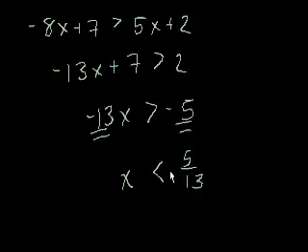When you multiply or divide both sides of this equation by a negative number, you swap the inequality. And remember, that's only when you multiply or divide, not when you add or subtract. I think that should give you a good idea of how to do these problems. There's really not much new here. You would do an inequality, or I guess you could call this an inequality equation, exactly the same way you would do a normal linear equation. The only difference being is if you multiply or you divide both sides of the equation by a negative number, then you swap the